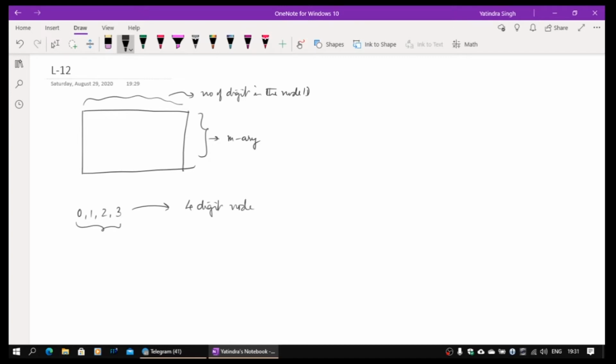We had done a similar exercise when we were handling tapestry. In this case, because there are 4 possibilities for every digit, we will get 4 raised to the power 4 possible node IDs, which is 16 squared, roughly about 256 possible node IDs which can exist. So we start with a node ID which is 0231.